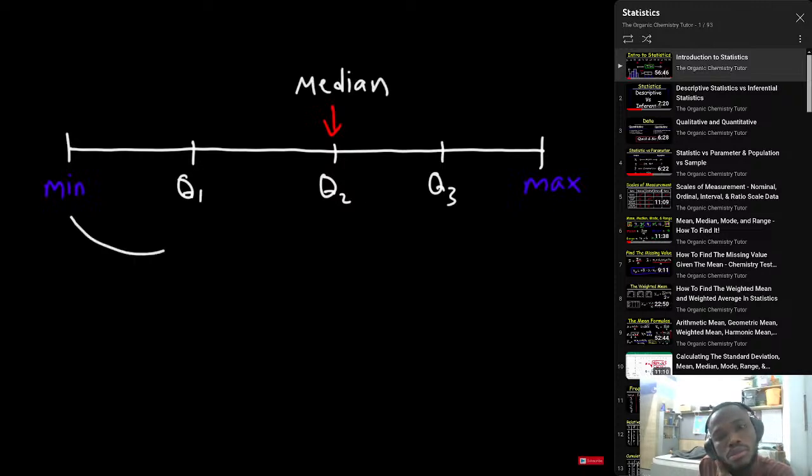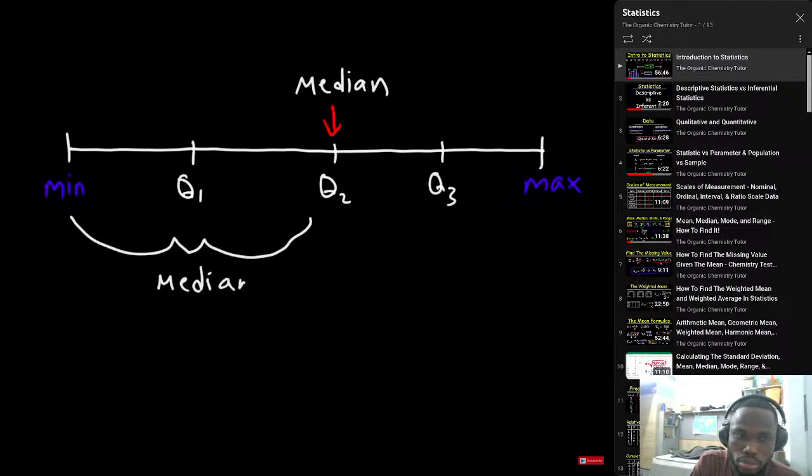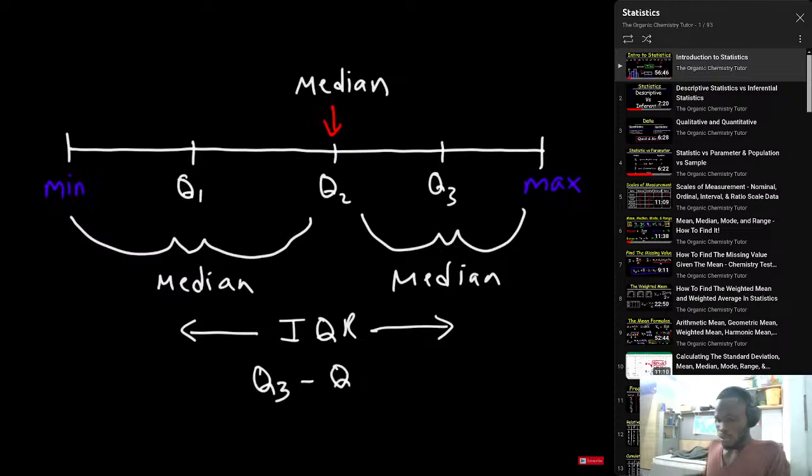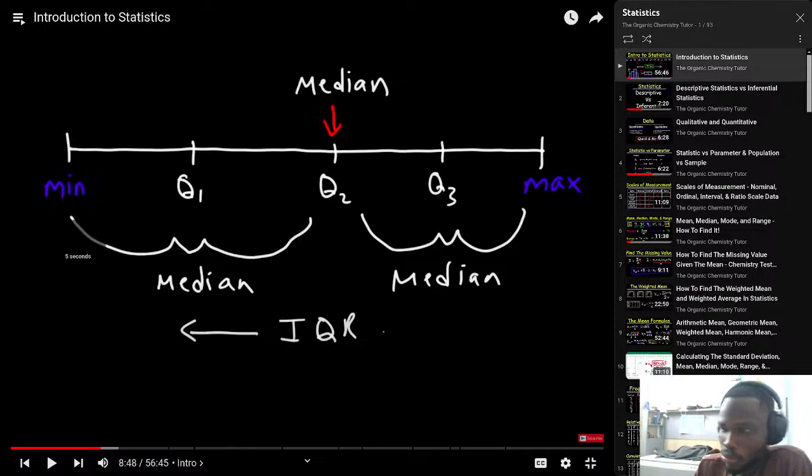Q1 is the median of the lower half of the data set. And Q3 is the median of the upper half of the dataset. Now, the interquartile range, represented by IQR, is the difference between Q3 and Q1. So once you find Q1 and Q3, you can now calculate the